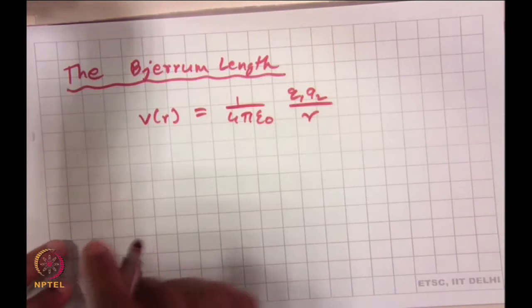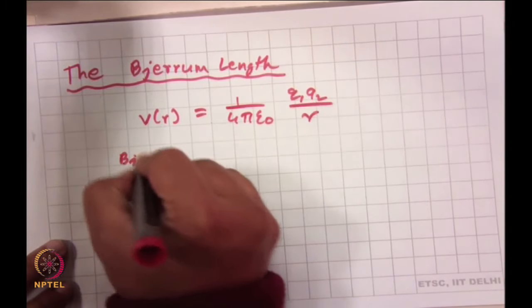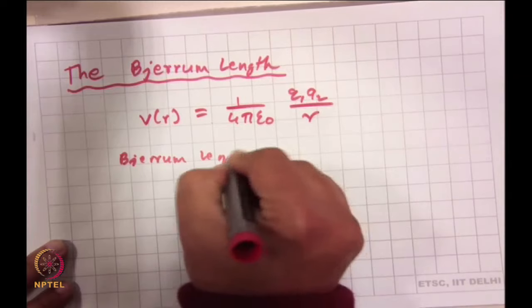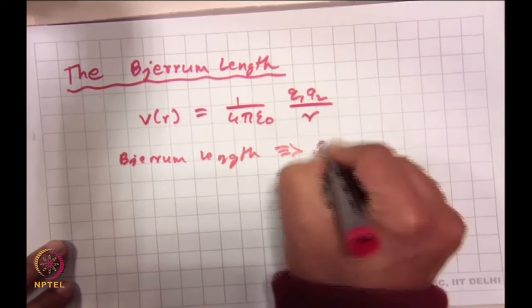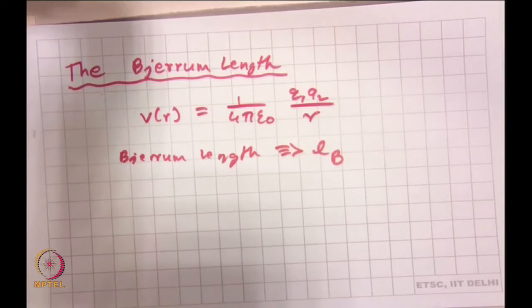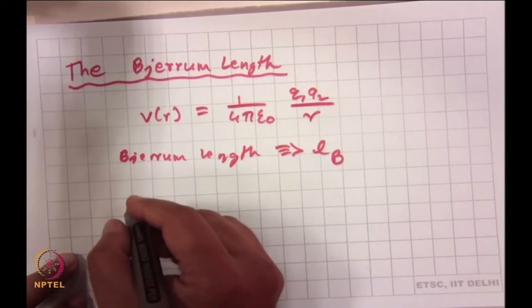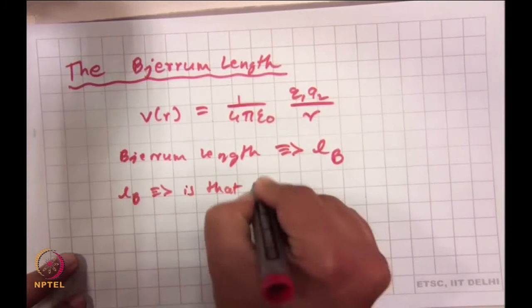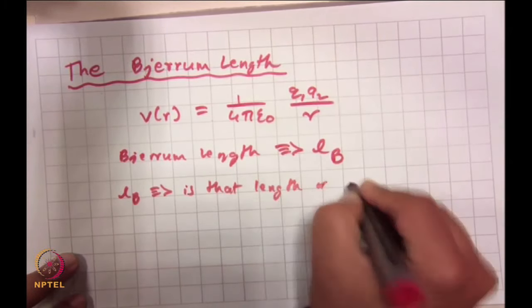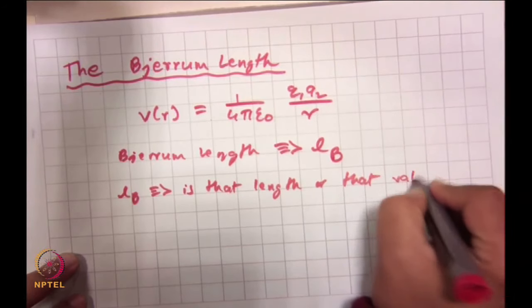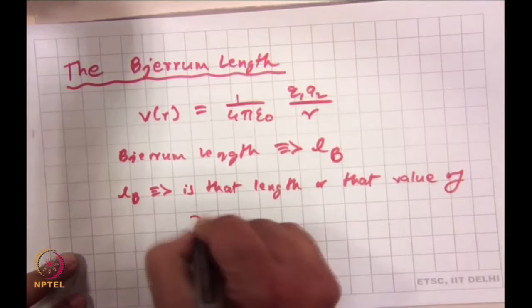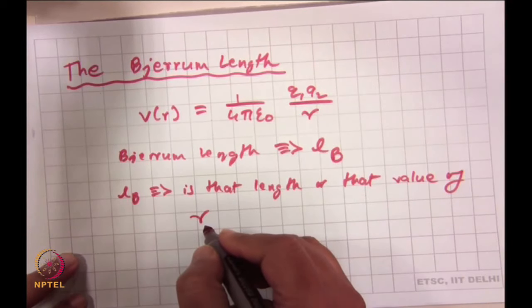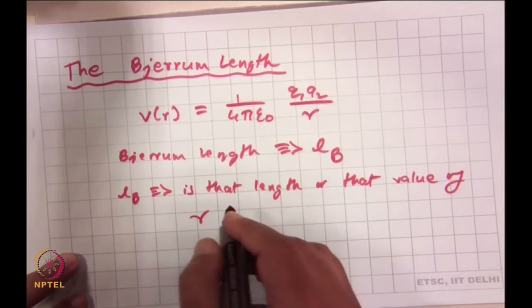The Jerome length is given by this symbol, L_B, where B stands for Jerome length, right. This L_B is that length, or that value of R, where R is the separation between the two charges q1 and q2, where